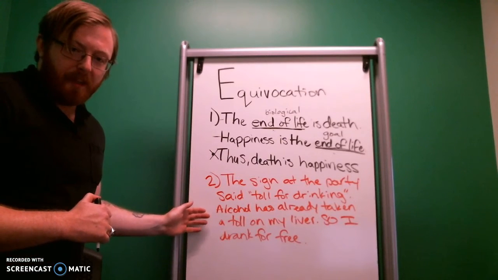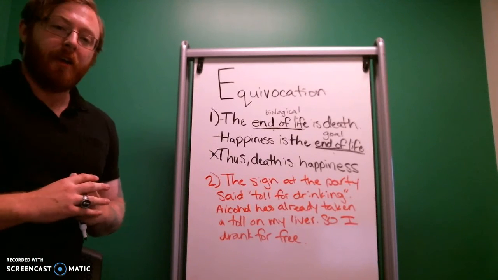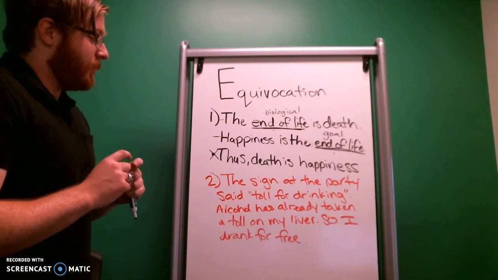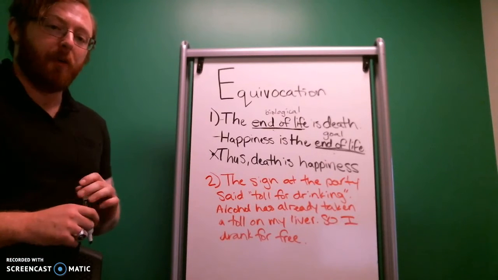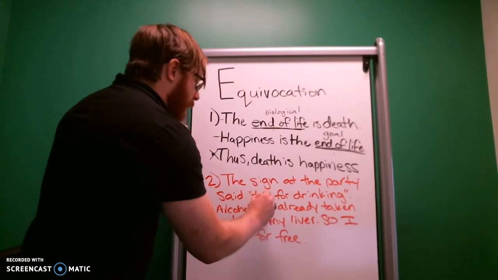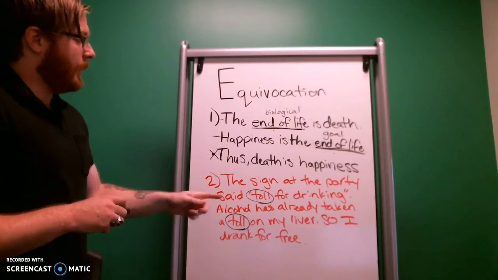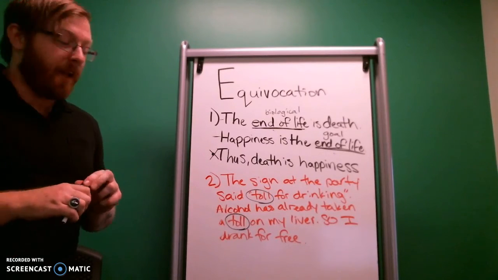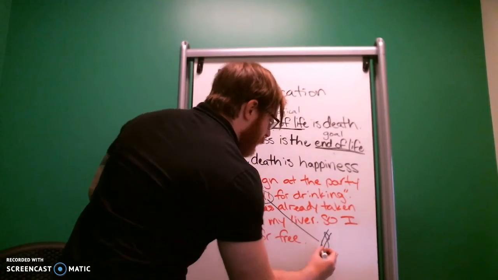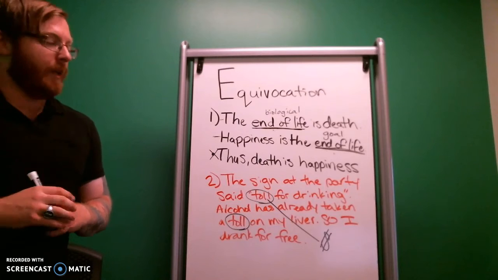So take a second, and this one should be a little bit quicker. Right? Where is the equivocation occurring? What word or phrase is ambiguous, such that they're playing on that ambiguity to draw a connection that's not there? And in this one, the word is toll. Right, so in the first instance, what they're saying is there's a toll for drinking, and by toll, they mean there's a monetary toll. Right? They mean you have to pay a fee to drink at this party.